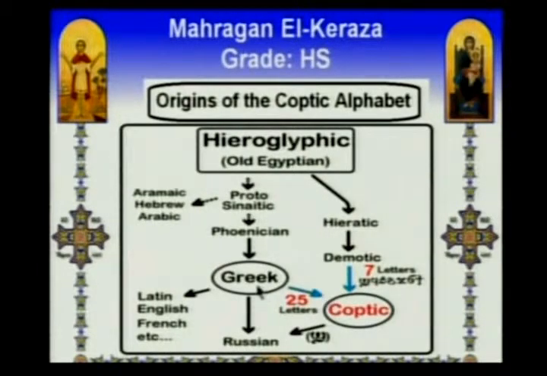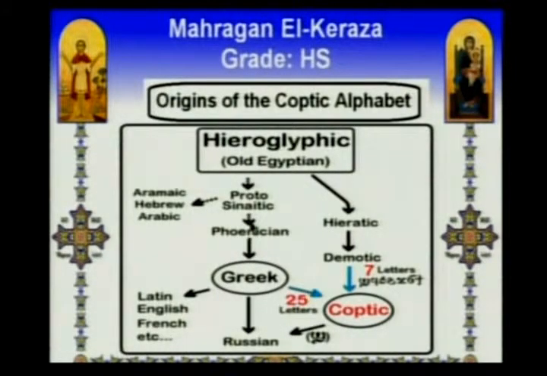We took all the Greek alphabet, the 25 letters of the Greek alphabet, and because in the Greek language there are certain sounds that were missing, so we took 7 letters from the demotic alphabet, and this constituted the Coptic alphabet. So the 32 letters of the Coptic alphabet, 25 of them were taken from the Greek, which is derived